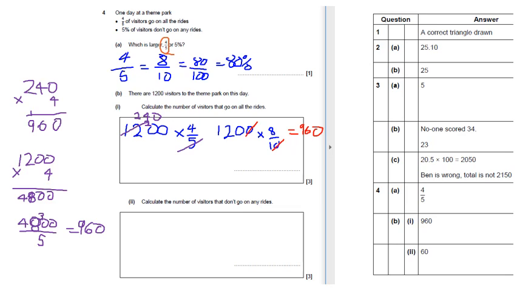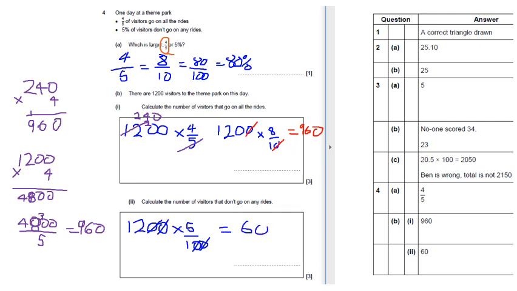Calculate the number of visitors that don't go on any of the rides. So that's our 5%. So again, I always write my percent like this. So we've got 1,200 times 5%. I think I've told you, I always write my percentage like that, because then I can cancel those 2 with those 2,